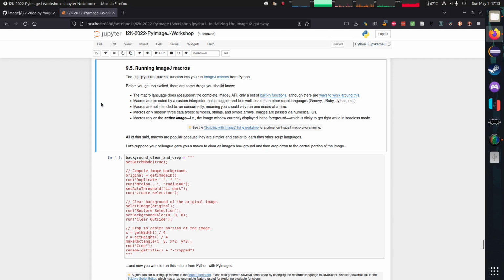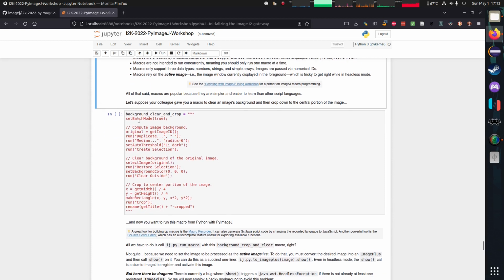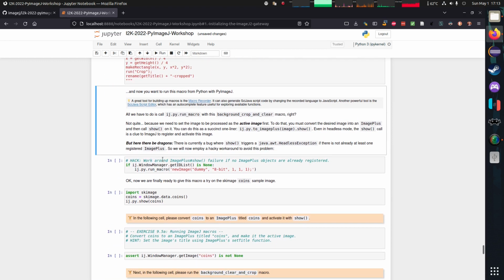In this scenario, we're going to suppose that you've received a macro from a colleague that does some operations. This clears an image background, and then it crops down to the central portion of the image. Now we want to run this macro from Python. As a starting point, we're going to call ij.py.run_macro, passing the background clear and crop macro. But we need to activate an image before we do that, or else it's unclear what we're operating on. You can do this by converting your desired image to an ImagePlus and then calling show. If you just write ij.py.to_imageplus on your image, then .show, it will become the active image, even in headless